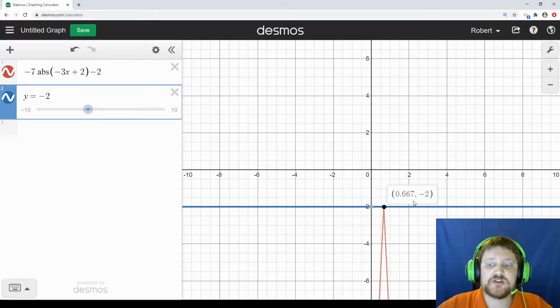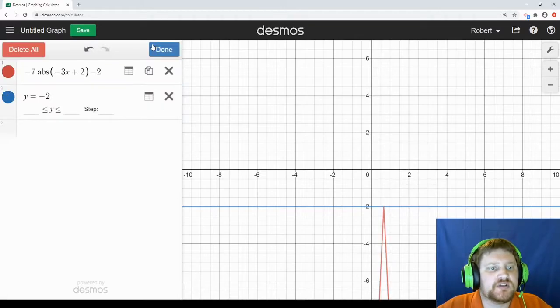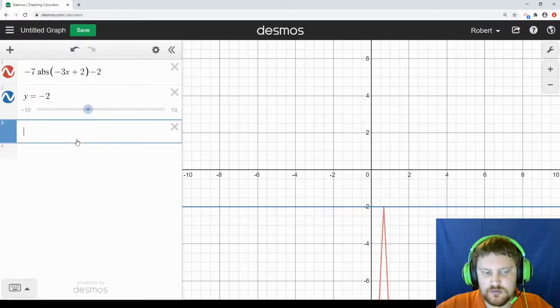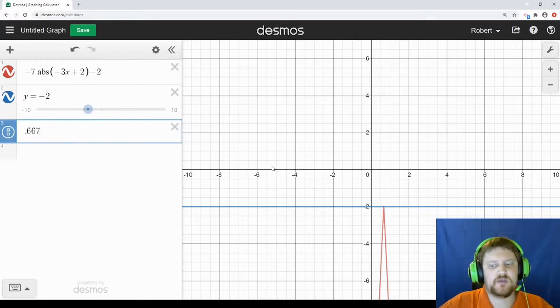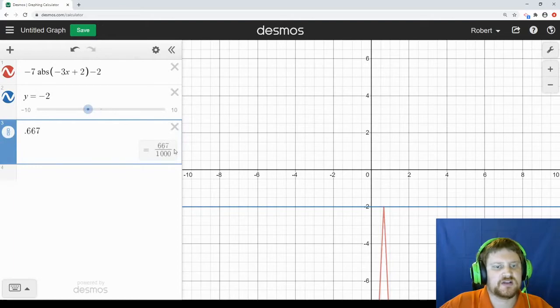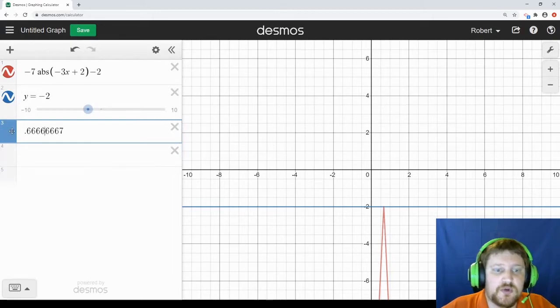Well, that's not a fraction, is it? That is definitely not a fraction. So let's see, do we have any way to let us do this? 0.667. Yeah. So if you type in the 0.667 that they gave you, and you click this right here, it's going to give it to you as an approximation. Unfortunately, that's not quite accurate either. And it doesn't matter how far out you take this, it's not going to let you put it into a fraction. So this is one where you have to know that 0.6 repeating